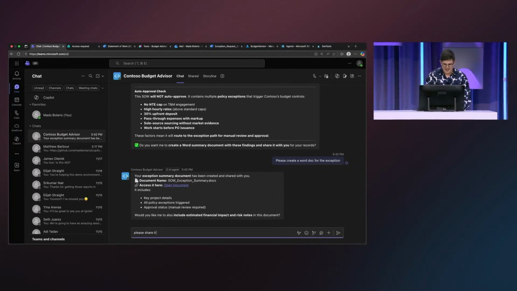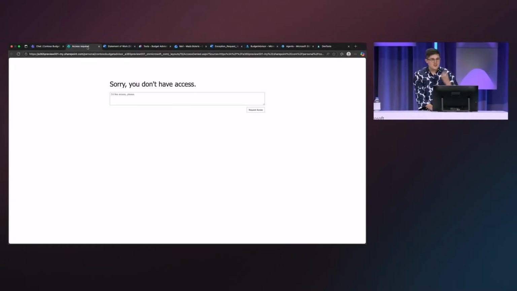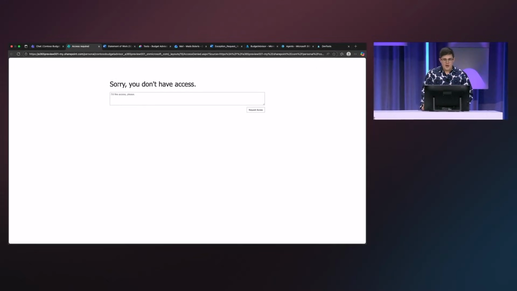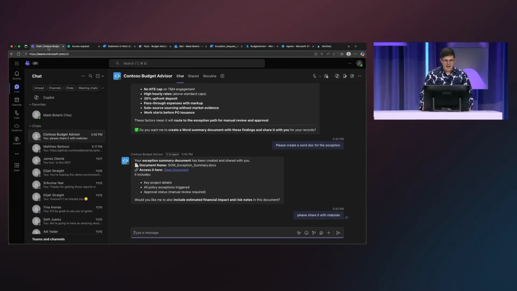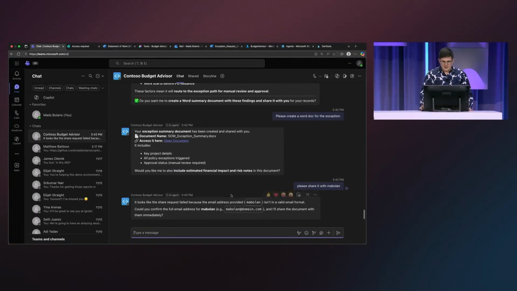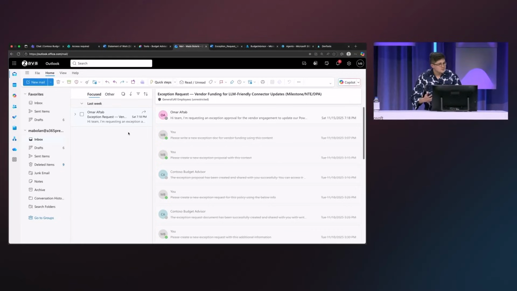Please share it with Segg that it's being created from the agent's own drive, and it needs to actually share it with me and other users for me to be able to access it. So while it's thinking about that, we'll go ahead and go to the second part of the demo, which is